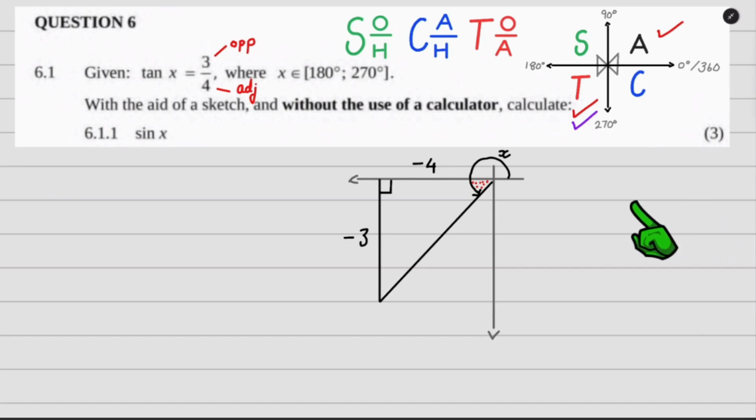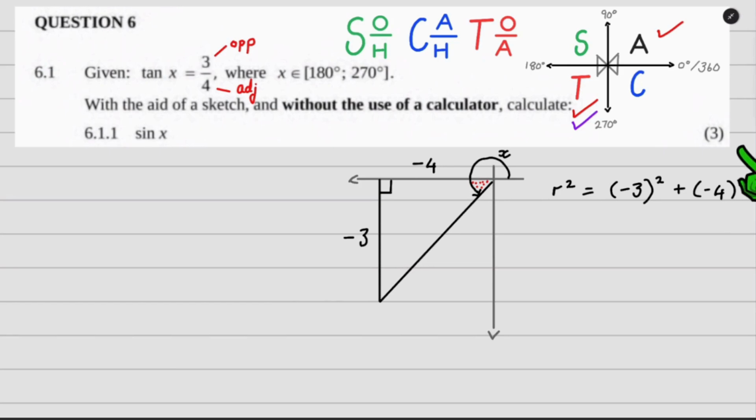And once that's out the way, we are going to work out the missing side using Pythagoras. So we're going to say our hypotenuse squared equals. Now our hypotenuse, we give it the name of r. r is short for radius. So the radius squared will equal the other 2 sides squared, and you add them together. Pop that in the calculator and it will give you 25, and then you square root 25, and you've got